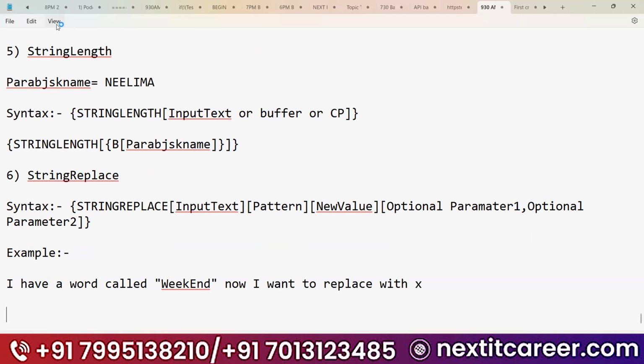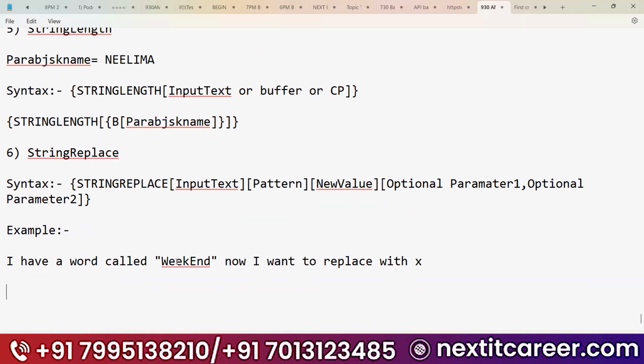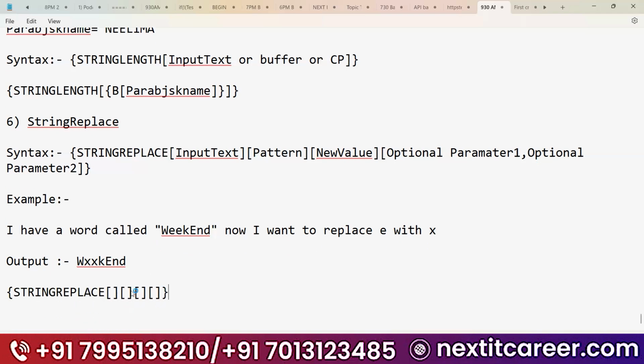Now I want to replace E with a small x. So what should my output be? Where there is e, I want to replace e with x, like this. For example, you can build the syntax. Curly bracket, string replace, string to replace, close the bracket and close curly bracket.